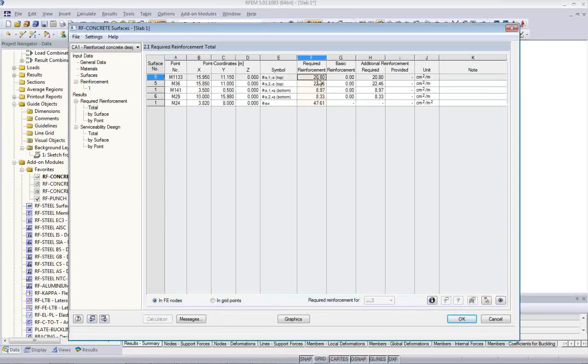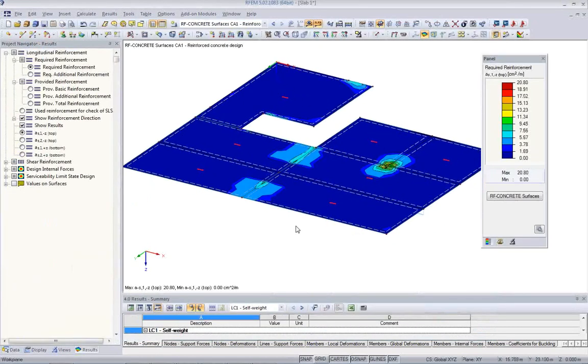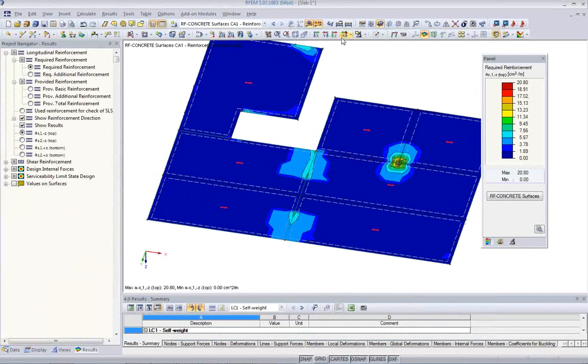We have a required reinforcement of about 20 square centimeters per meter on the top, bottom, in two directions: top first direction, second direction. We also get an overview about the serviceability design. We see here there are some problems as well with cracking and also with concrete compression. Let's take a look where we have those problems, and I go to the graphic, and we get first the display of the